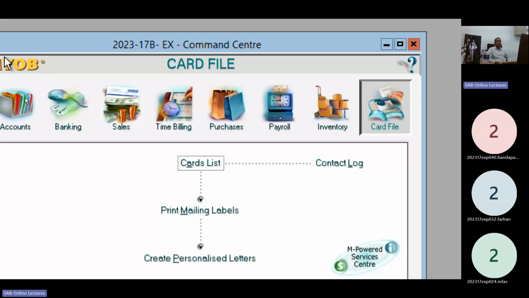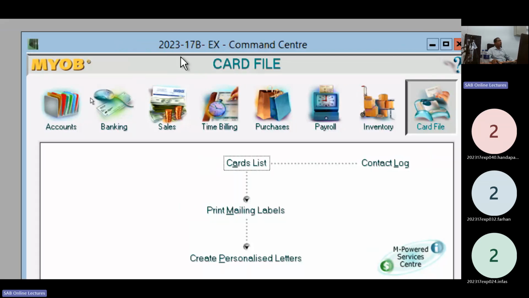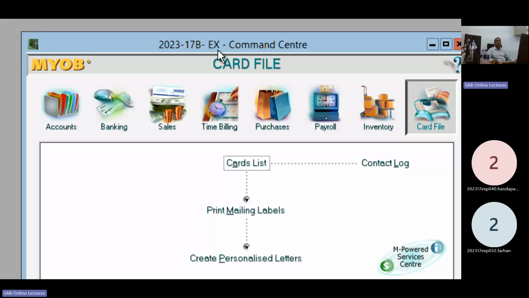Then the system will not check your error file. Now look at the screen, at the top it displays your company name given by you. Right.